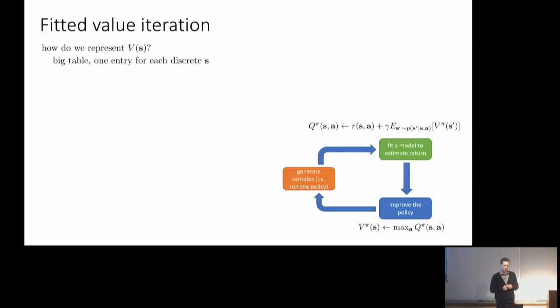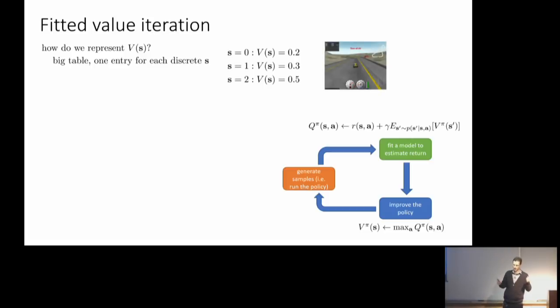In a big table where you have 1 entry for each discrete S, everything is very simple, and it's very easy to implement very nice, stable, convergent algorithms. So literally for every state, there's a number. But it's very hard to make this method scale to complicated problems. Let's say that I'd like to drive a car. I'm playing this racing game, and I want to do it from images. Each pixel in the image has three color channels, each with values between 0 and 255.